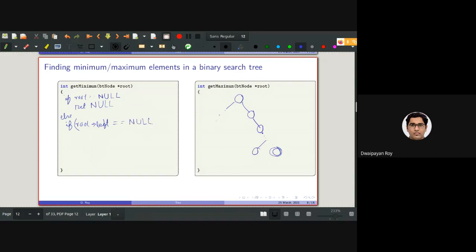What does that mean? Come on, guys, it's pretty easy. Root left null means we have already reached the leftmost element, so we need to return the root data.